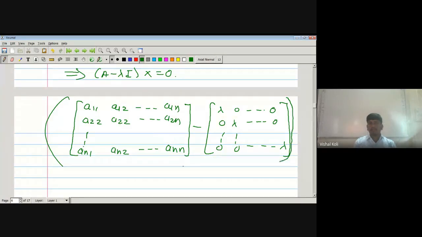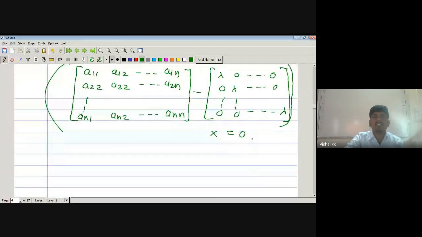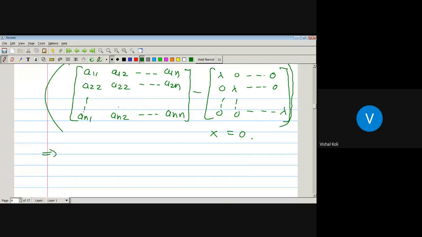Let X be any non-zero vector. We have to find out that A of x will be equal to lambda x, which implies Ax equal to lambda x, or Ax minus lambda x is equal to 0. As x is a matrix of order n by 1, then it is of the type